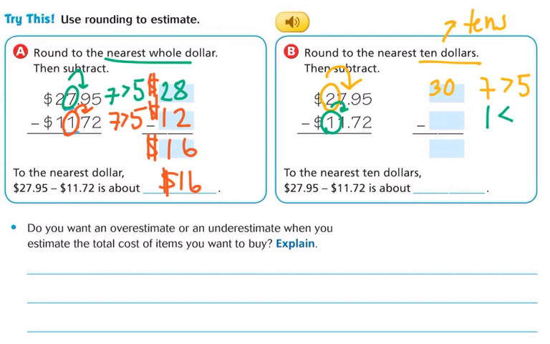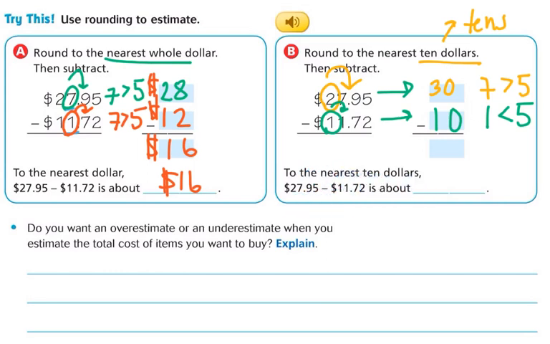1, boys and girls, is less than 5. So we know that that would stay the same. So that's going to be a 1, and we're going to use a 0. And boys and girls, just if you think logically, $30 is pretty darn close to $27.95. $10 is also very close to $11.72. So to the nearest $10,